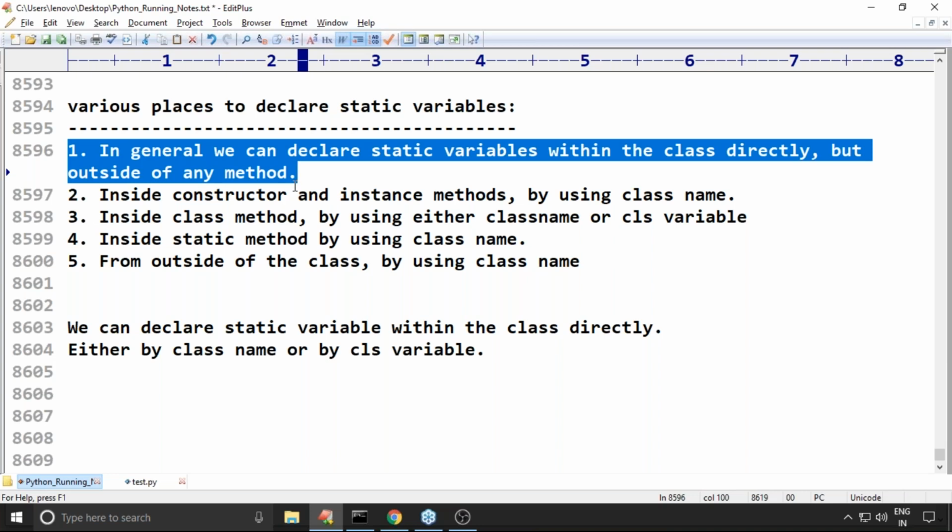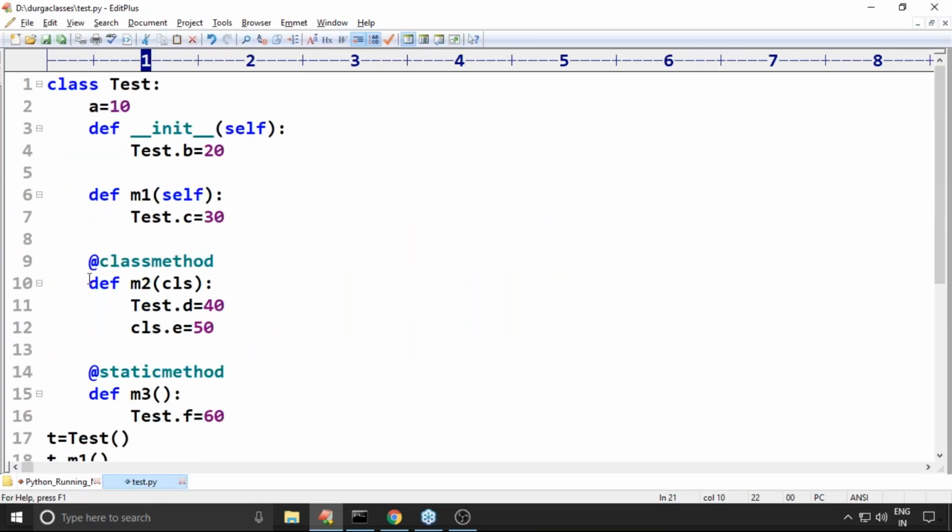Yes, Peter, correct. Yeah, Ramnarayan, we will discuss. Don't worry, that part is there. The value of CLS is passed by the Python virtual machine itself. Chandan, correct. The difference between the static method and the class method is that here CLS is there, but there is no CLS or self such thing for static.